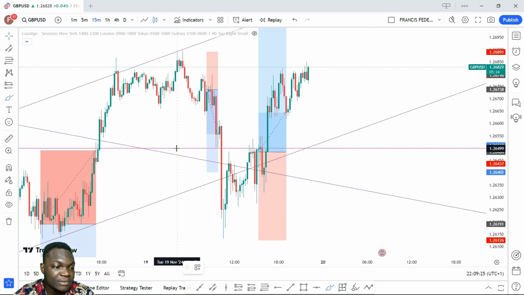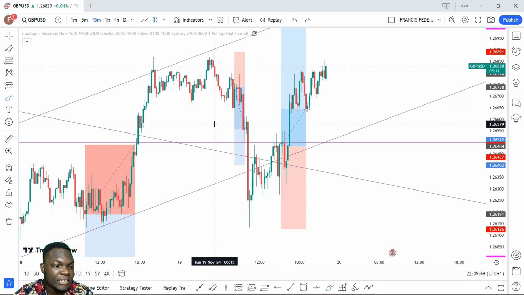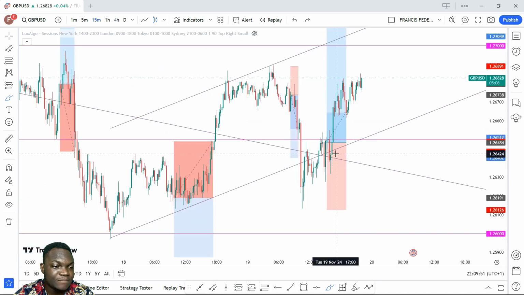So this psychological level was the area I was aiming for it to get to, but I put my TP in 2-to-1 as usual. The moment the price got to that psychological level and rejected it, that was why I exited the trade. Then later on again within the day, I decided to take a buy trade on Pound USD,